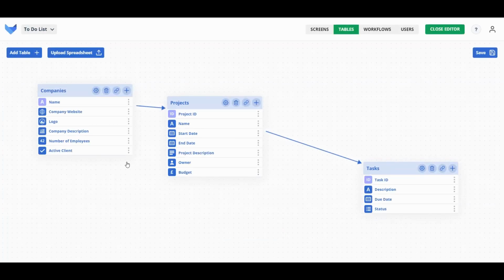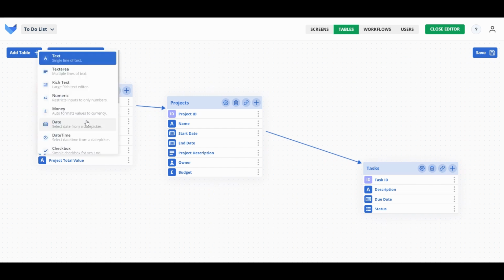One of the more complex field types is the formula field. So this can be used to sum data within the table or within other tables as well. So for instance, when you're looking at a company, you might want to see the total value of projects that you've done for that company. So rather than looking at all the project records, adding it up manually, you can add a formula field. So if I create a project total value field,